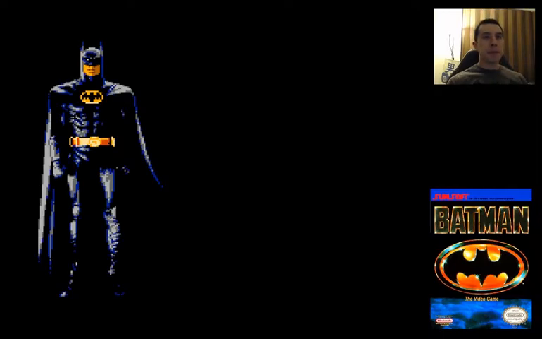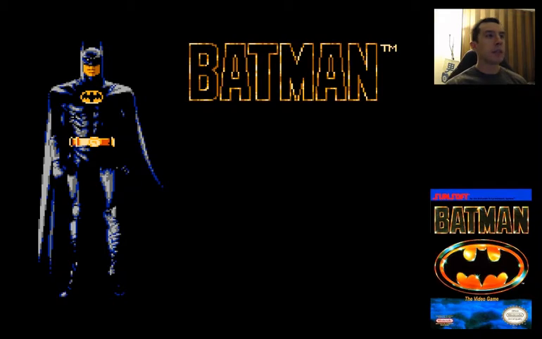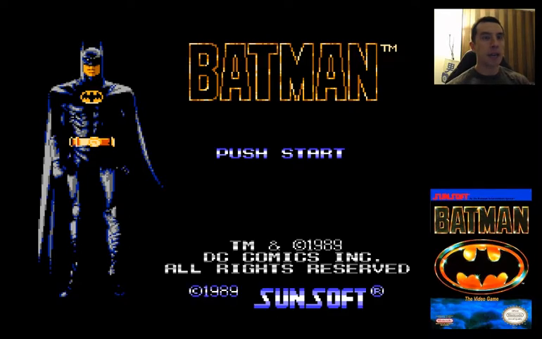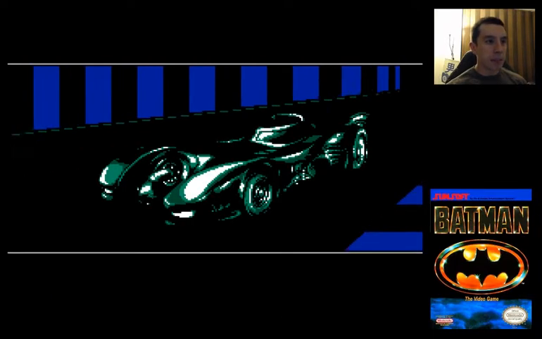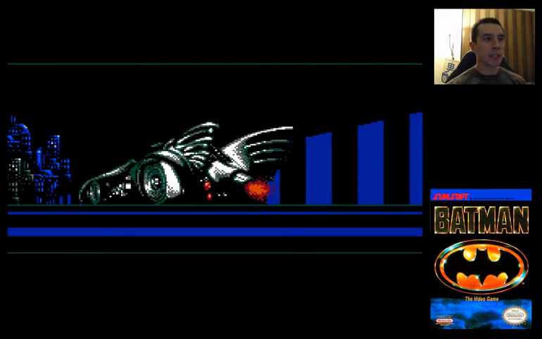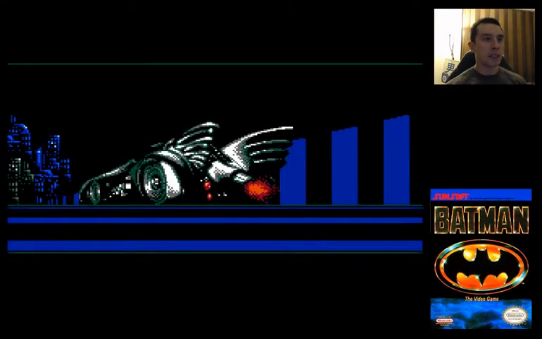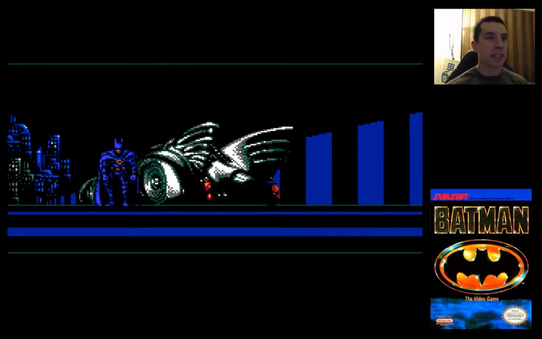Tonight we're playing Batman for the Nintendo. This game graced the cover of Nintendo Power number 9, 10 I want to say, because I think Tetris was number 9. So this is Batman for the Nintendo, created in 1989 by Sunsoft, based off of the Batman movie featuring Michael Keaton, Kim Basinger, Jack Nicholson, directed by,